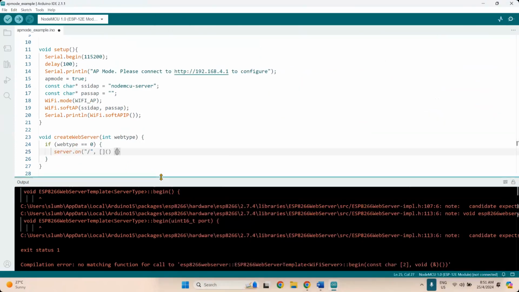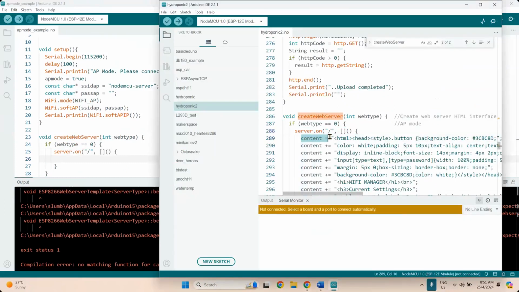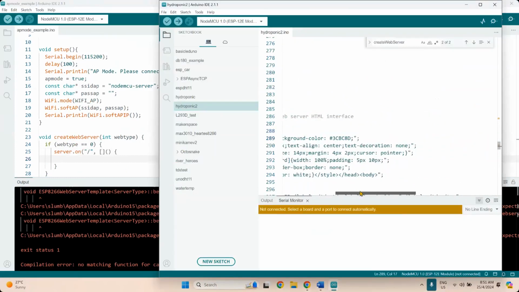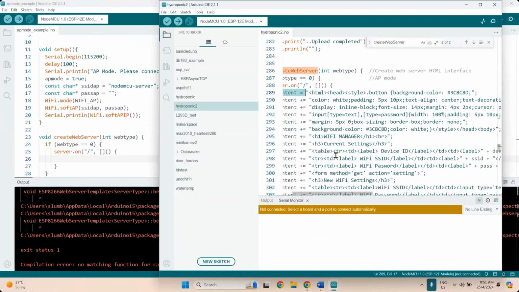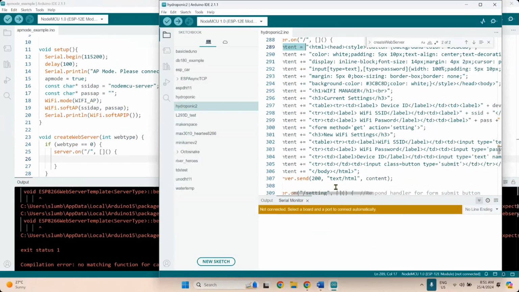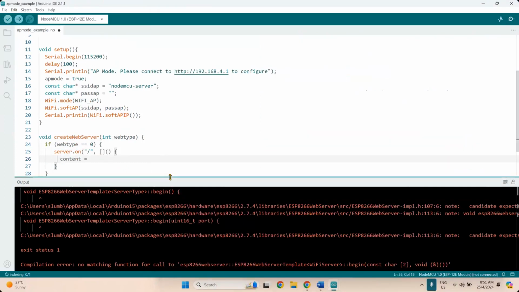So if server.on slash, do this, and we create our server content here. But the content of the server is quite long, so I'm going to use a simple one. This one will return an HTML form. I don't want to return HTML forms because it's going to be longer, so I'm going to create just a simple HTML tag.